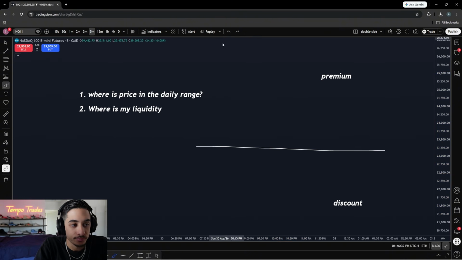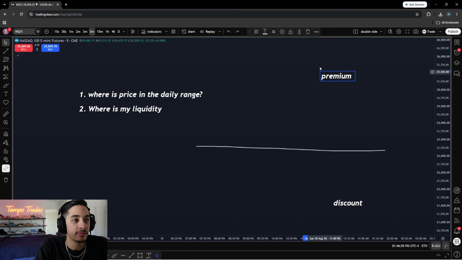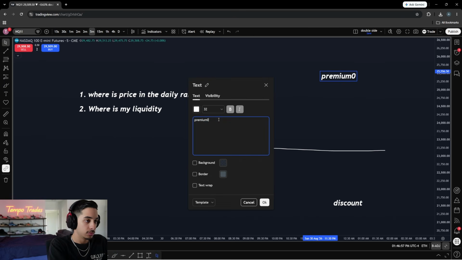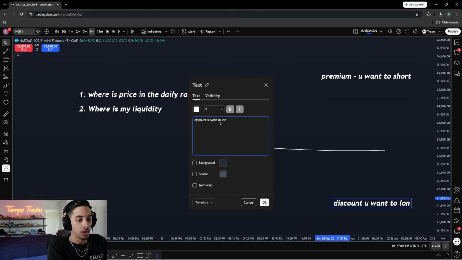So the idea is that if we're in discount of the range, so the bottom down here, we want to actually long because we're expecting price to rebalance to this level. And then if we're in premium, if price is up here, we want to actually short because we're expecting price to go to this level. All right, so very simply, if we're in premium, you want to short, and if we are in discount, you want to long, okay? This is how you trade the daily range,